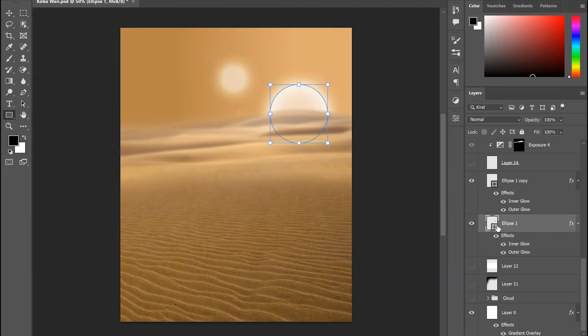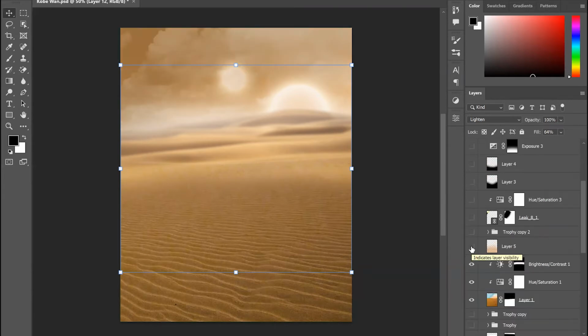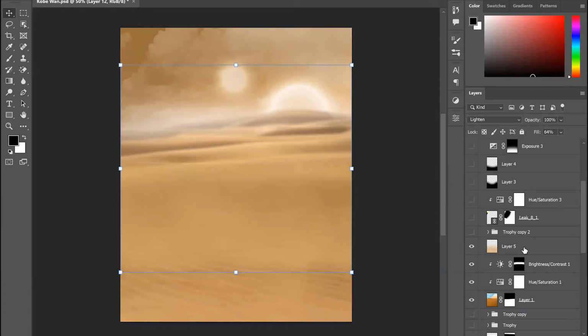Now to make the sun look really bright, I've added this really shiny glow along the back of the desert, and then I've just set the blending mode to lighten, and then also chucked some clouds in the back just to give it some environment right there. Then here's a bit of shadows up the top. After that, I've brushed in a little bit of this sandy texture right here